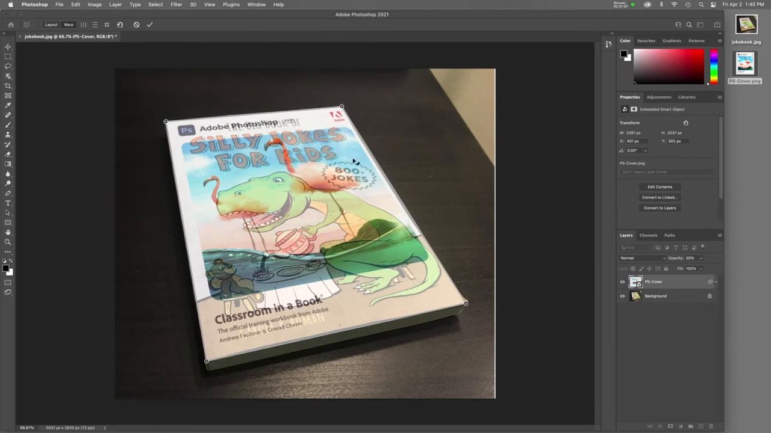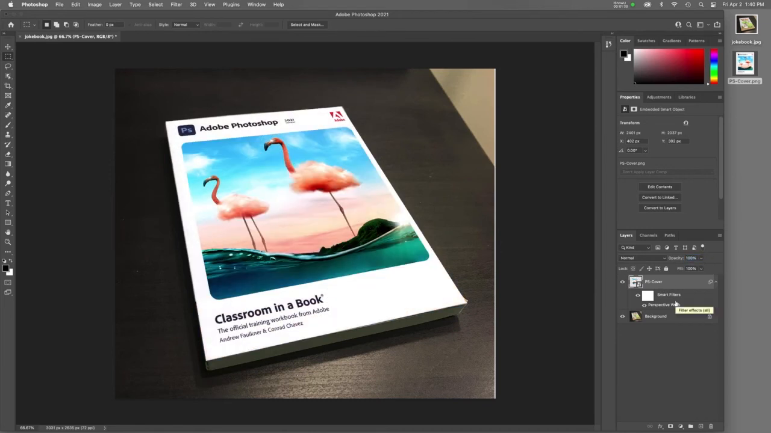Once you are happy with your results, you can simply hit the check mark, and it will be placed now in that perspective. So I'm going to bump my opacity back up, and now it is the cover of the book. There are some more things that we can do to make this look a little bit more realistic, because